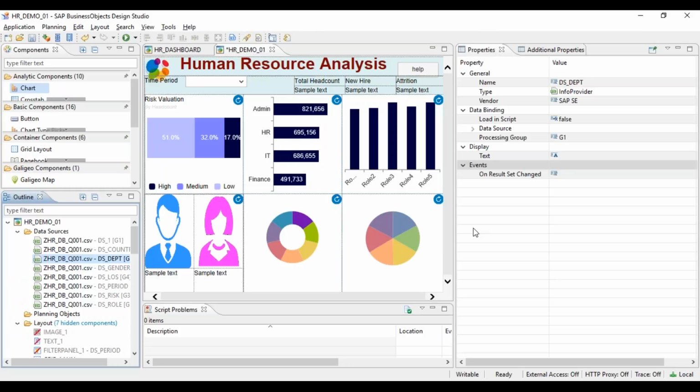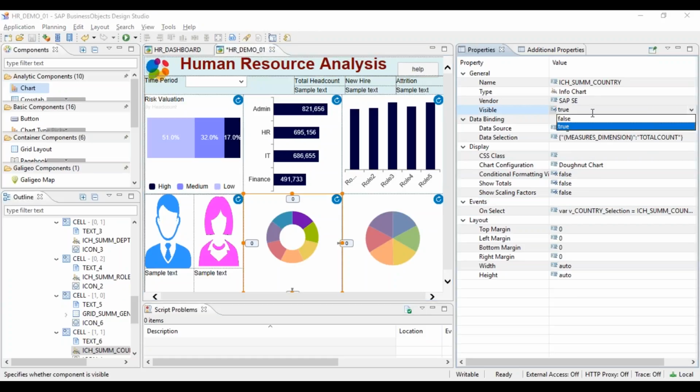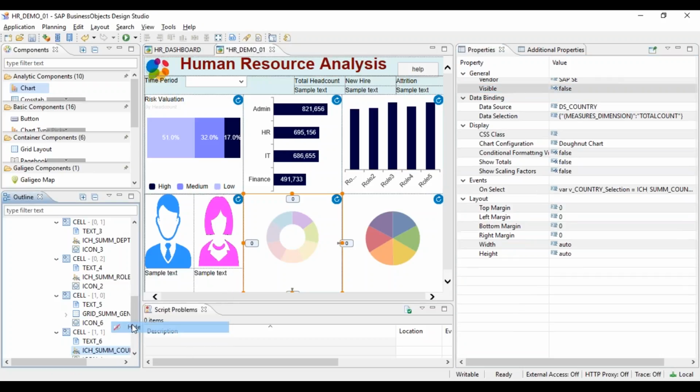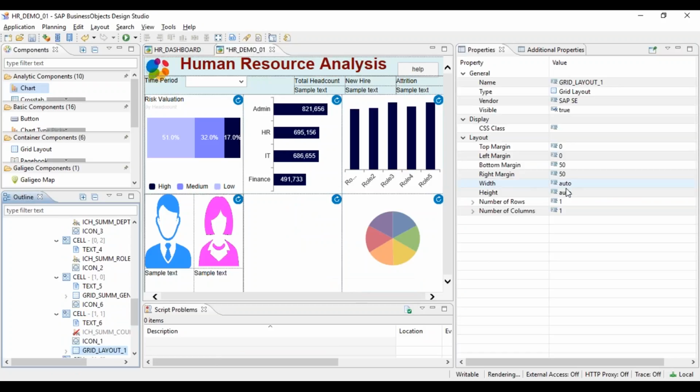It will give you a feeling of a crosstab, but instead of a crosstab, let me hide this chart and I'll create a crosstab for you, where you can do this kind of manipulation. What you do is you insert a grid instead of a crosstab directly.